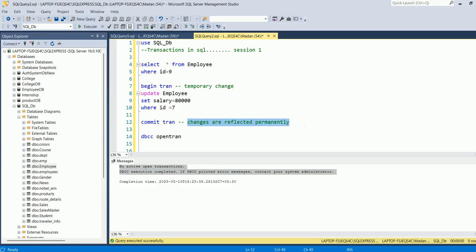The changes are reflected in the employee table, the data is reflected, and that is final and permanent, and it cannot be changed. If you want to change or update it, you have to write the query. So if we are not using begin and commit and we are directly updating,